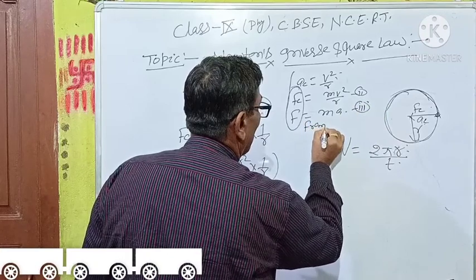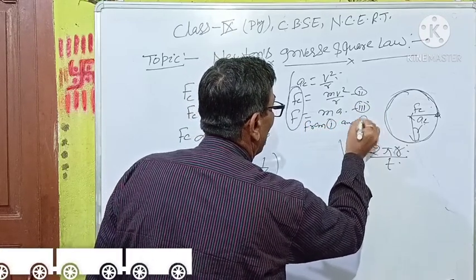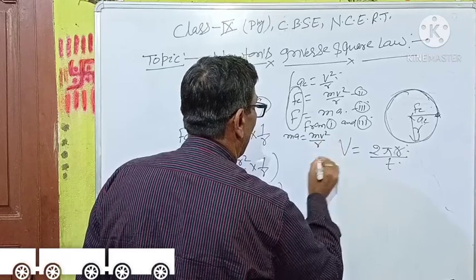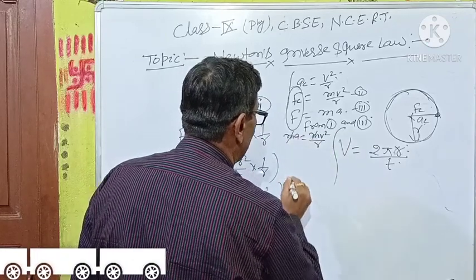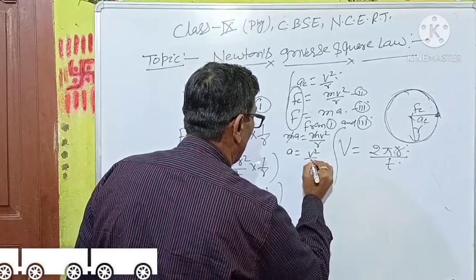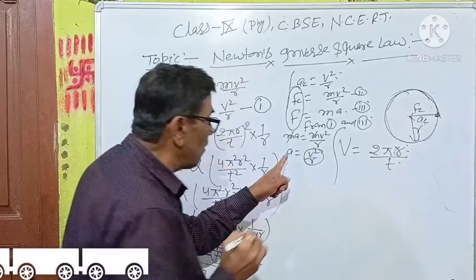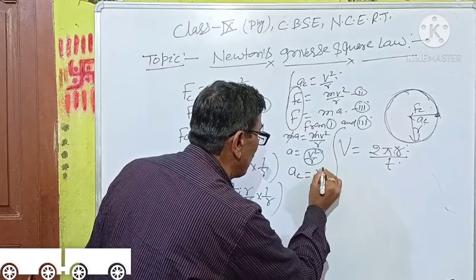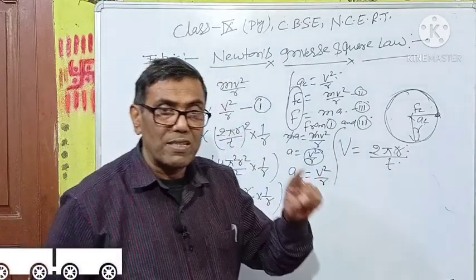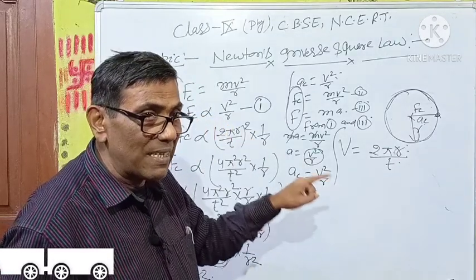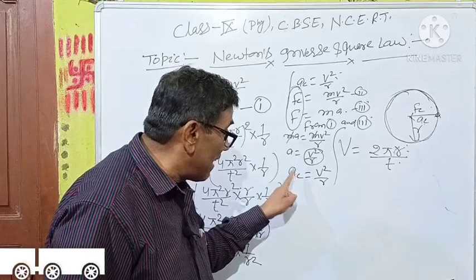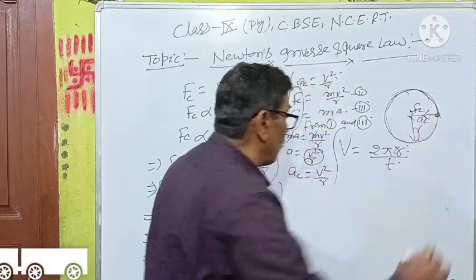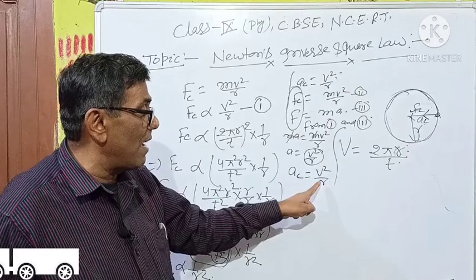From equation first and second, we get ma is equal to mv squared by R. Here m cancels, and then a represents v squared by R. It is the acceleration in a circular path, and so it is written as ac is equal to v squared by R. Anybody which travels in a circular path has its acceleration represented by the centripetal acceleration, because this acceleration and the force always act toward the center.